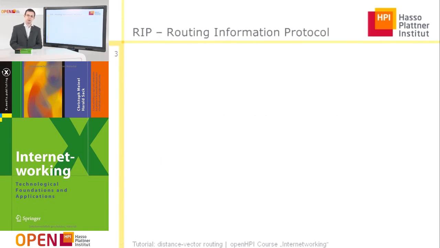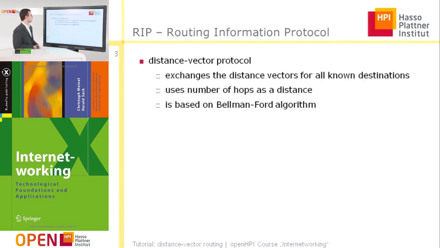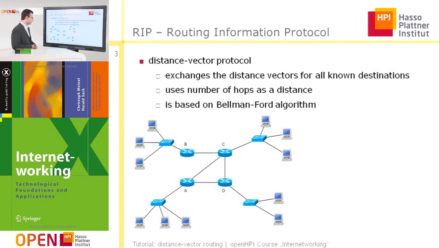Let's now talk about a particular implementation of distance vector routing protocol, namely the Routing Information Protocol. So, as I mentioned, it is a distance vector protocol, and it exchanges the distance vector for all known destinations, and it uses number of hops as a distance, and is based on the Bellman-Ford algorithm. To see how it works, we will take the sample network